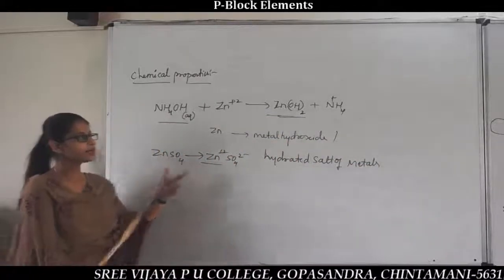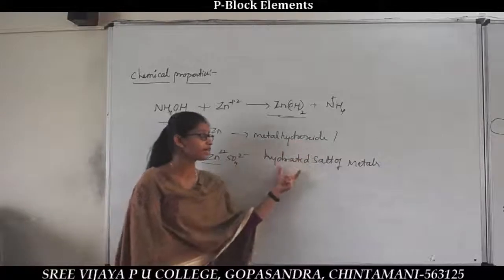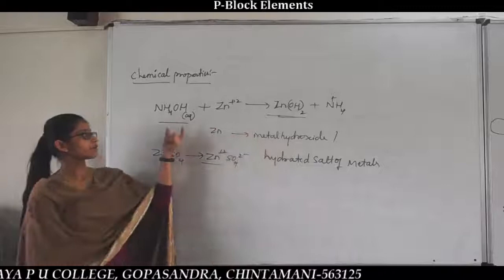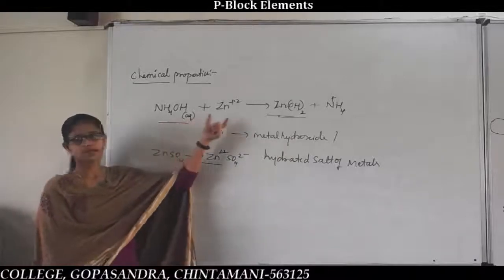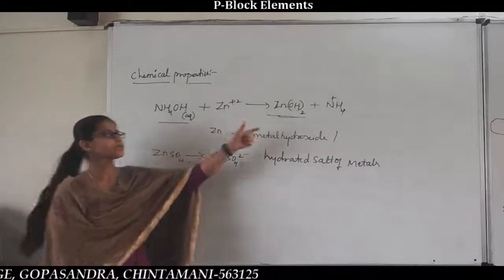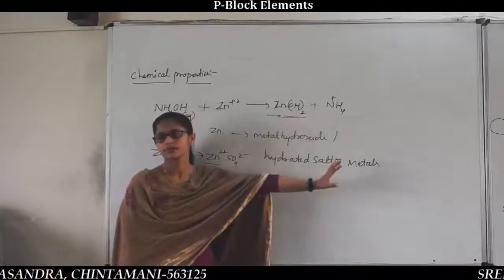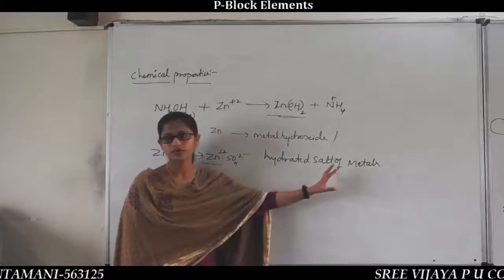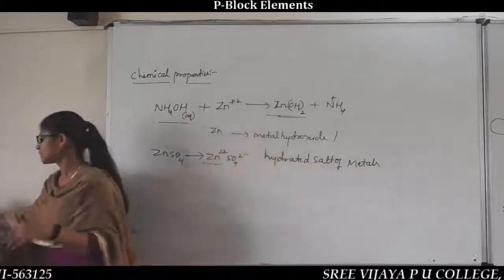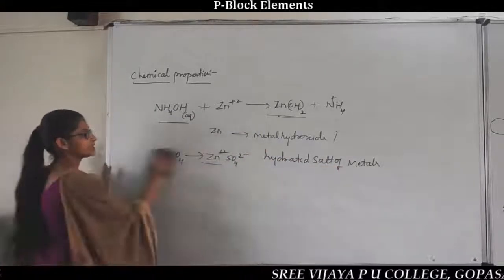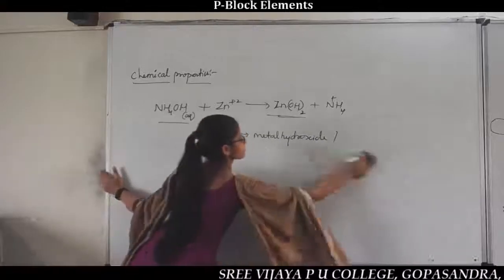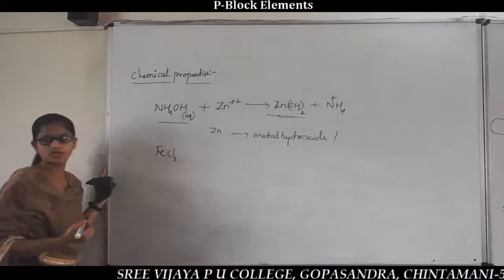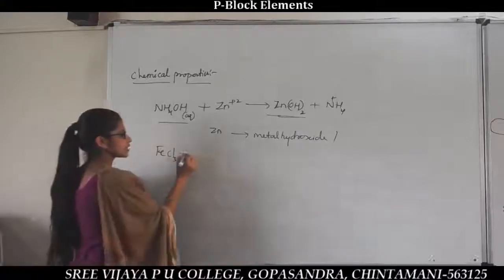Both are the same here. Metal hydroxides, under this, the hydrated salts of metal are one of the best examples. Aqueous ammonia reacts with zinc sulfate and gives zinc hydroxide. Zinc hydroxide formation is also called hydrated salts of metals. The next example, another metal taken, is iron chloride. This is also a salt of the metal iron, and it reacts with